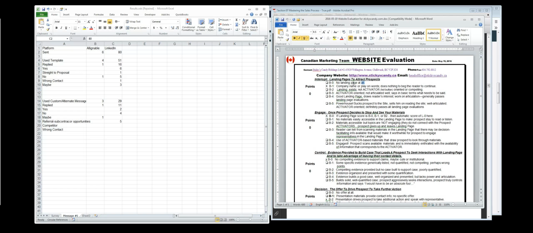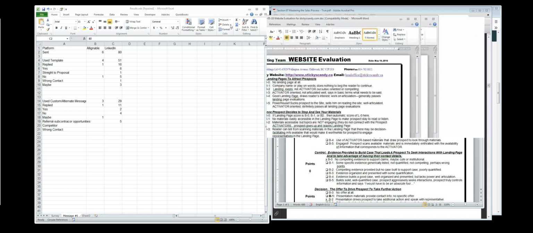He's going to go, okay, the first page, this is how I'm ranking it. I saw that there was really no landing page, or there's a company name but it's really a play on words, and it doesn't really beg me to continue to read. That's what I marked it. But if you can find that your landing page does exist, that it's hot button activated, and that it's compelling, then I can mark it too. So it's going to be a very interactive process, a sales process.